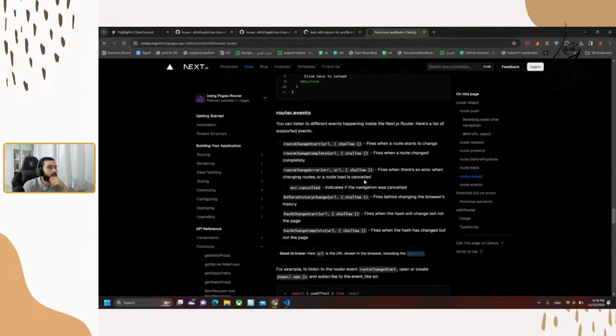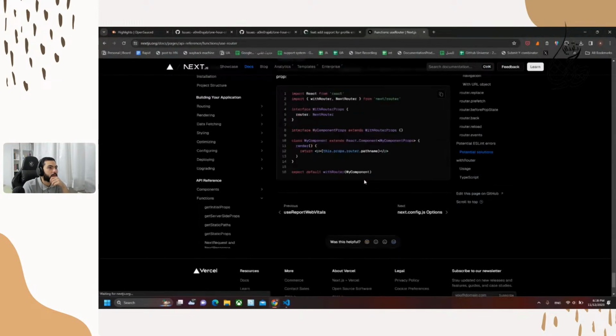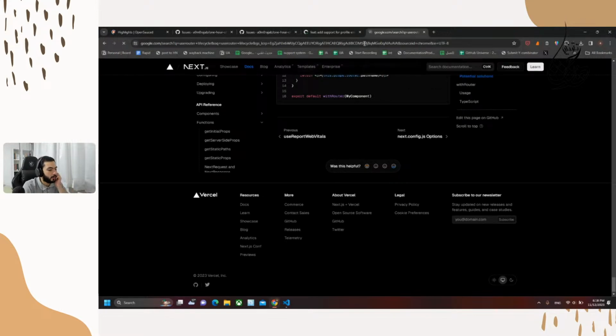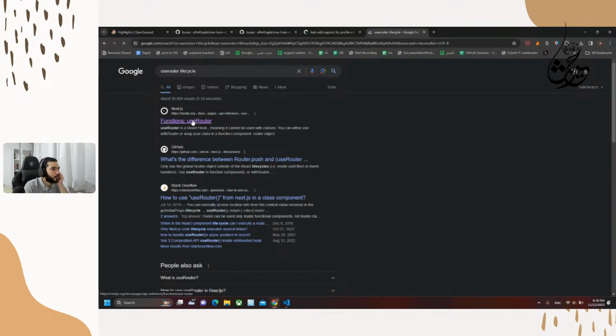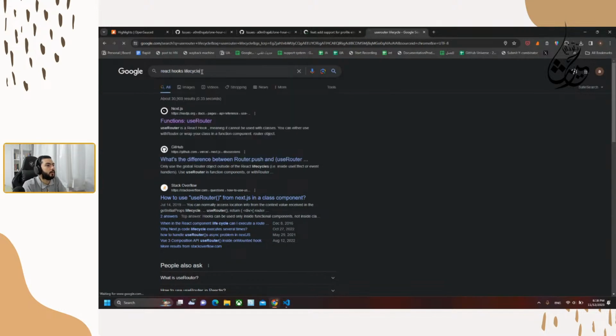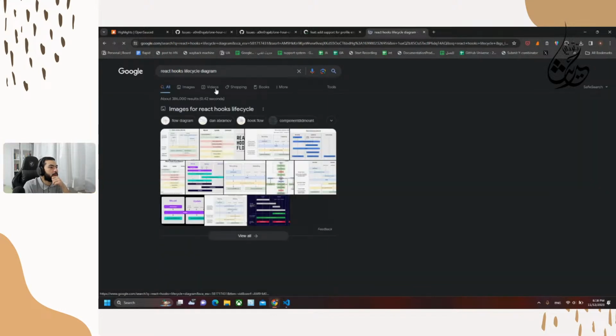Router reload. What is the life cycle of that? I think there was something related to the React hooks life cycle diagram that would be awesome to check.